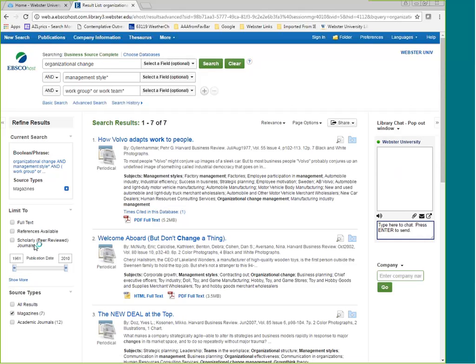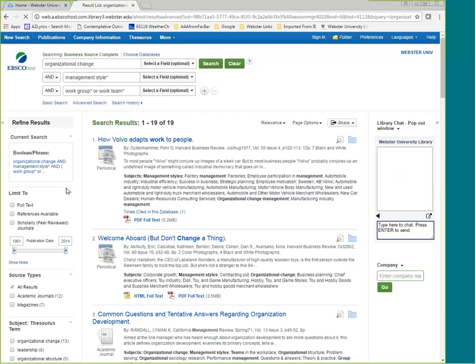And sometimes that can help you to create for your particular paper some scenarios that show why a particular topic is important to other people besides just yourself. Okay, so we're going to turn that off though just by clicking on the X in the magazines, because most of those magazines are pretty old.